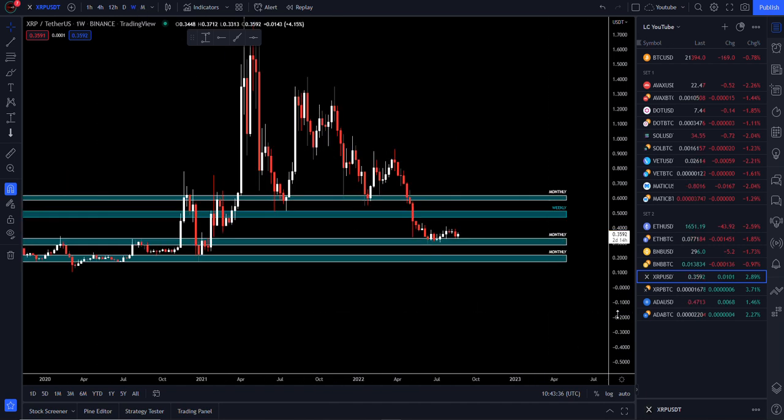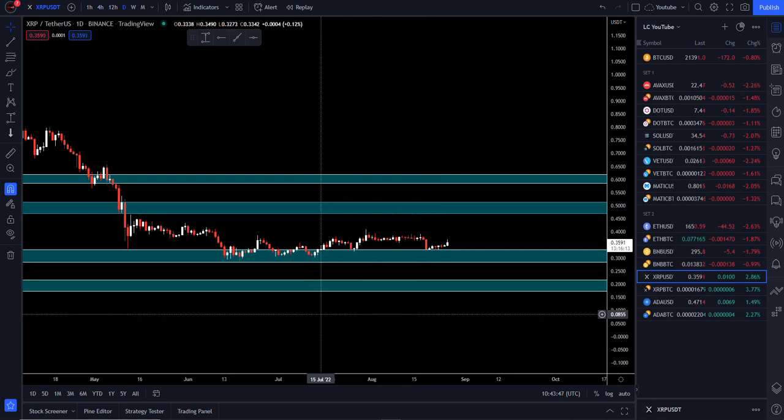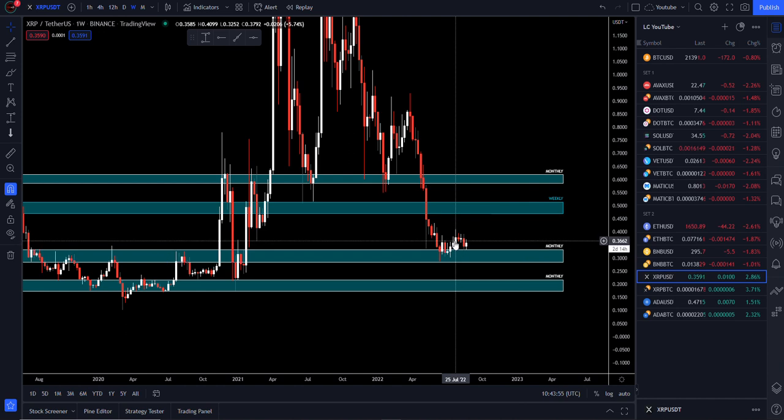If we go down to the weekly, again, not much of a different picture. So 15th of July would have been around about here during this week. In fact, let's go down to the actual day, see where we were. So we were actually just coming out of it, as you can see. So maybe jumped in, maybe not. Maybe you could have got in on this little wick here on the week of the 25th of July, but